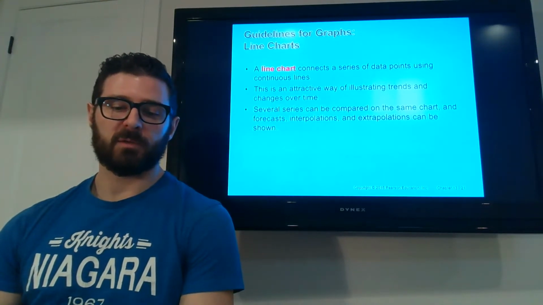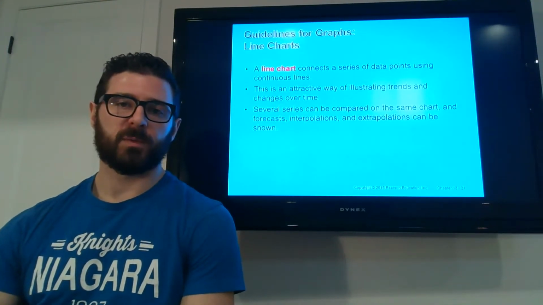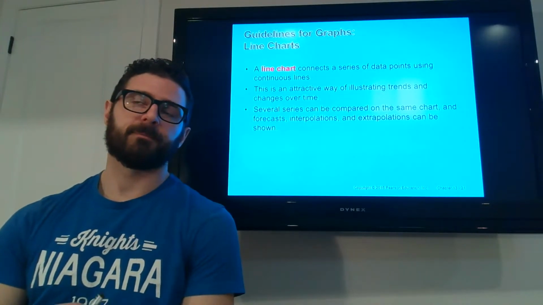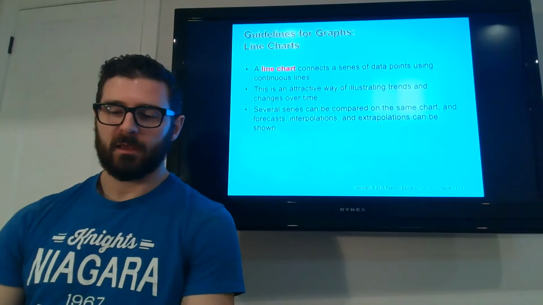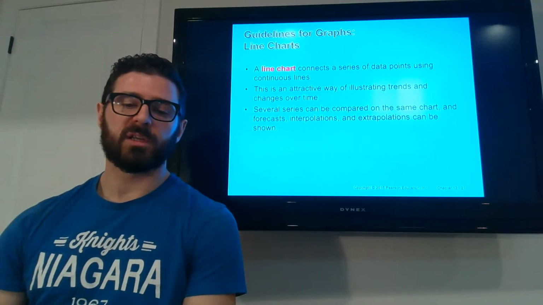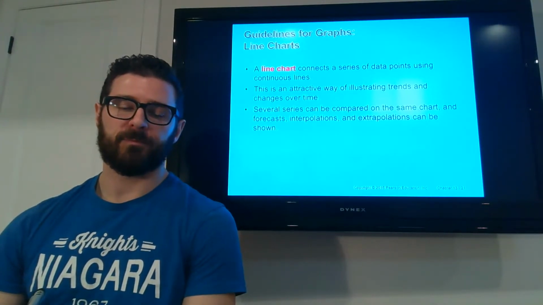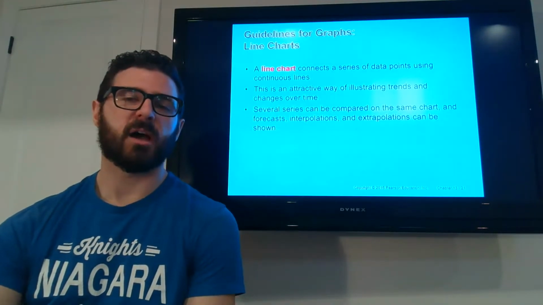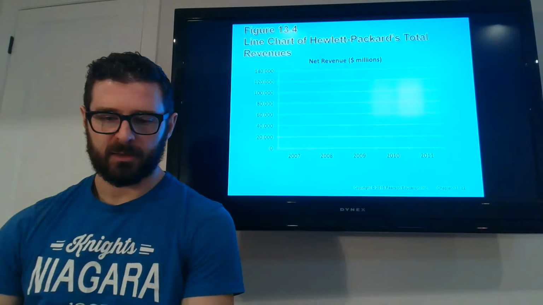You can also look at multiple series or multiple variables on the same chart, assuming that the units are the same. So line charts are really good at explaining or visualizing time-based data.